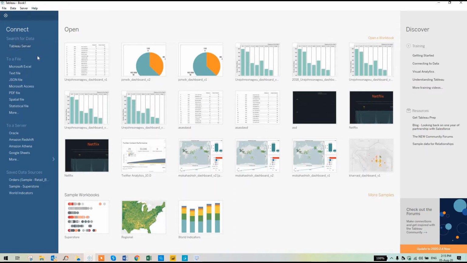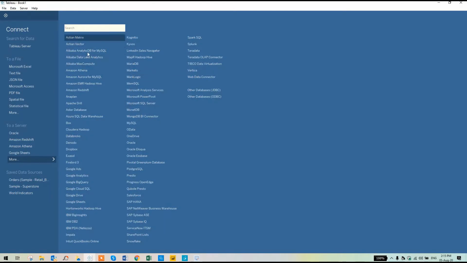Most of the time, the common dataset we use to create visualizations is Microsoft Excel, and it also provides many more options of connecting different sources with Tableau Desktop. As you can see, all these data sources are supported by Tableau.